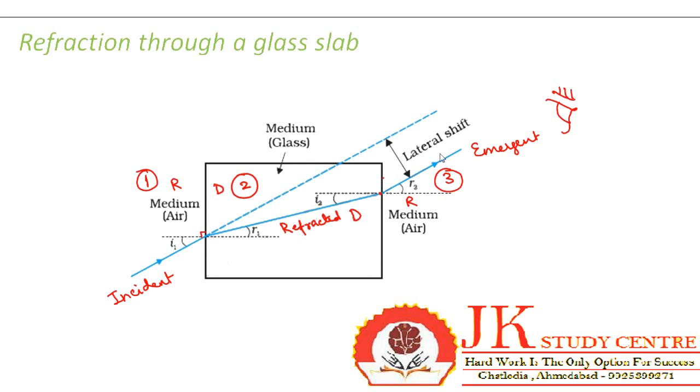So that means somebody who is observing an object is not observing the real position of that object, because there is a lateral shift involved between the actual incident ray and the emergent ray, and the emergent ray is the one which reaches the eye of the observer. Let us suppose this ray reaches the observer's eye, he will assume that the object or the incident ray is coming from some point here. But actually the incident ray's source is here. So the person will think that the source of the incident ray is here, and this is the result because of this change in medium, because of the phenomenon of refraction, we often do not observe the actual